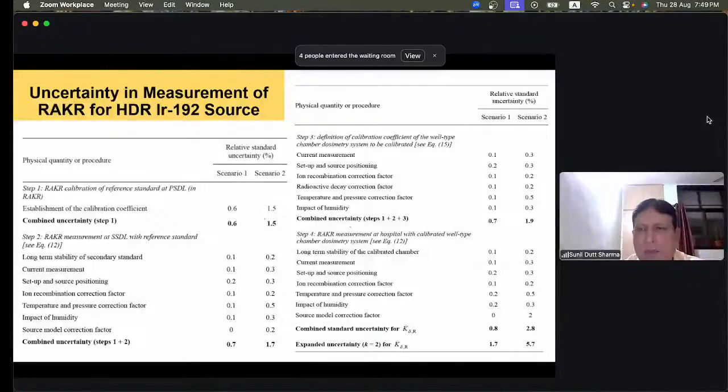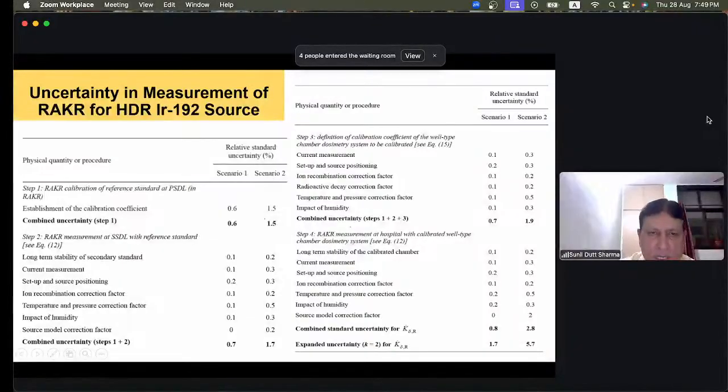Now, the last item in this talk. Always when we are dealing with source strength measurement or dosimetric measurement, we always like to evaluate the uncertainty. So for uncertainty evaluation, I have taken this from TRS 492 only. They have taken two scenarios. This scenario I have taken for an HDR iridium 192 brachytherapy source. In scenario number 1, whatever has been recommended, everything has been followed in total. However, in scenario number 2, there are some departures from the